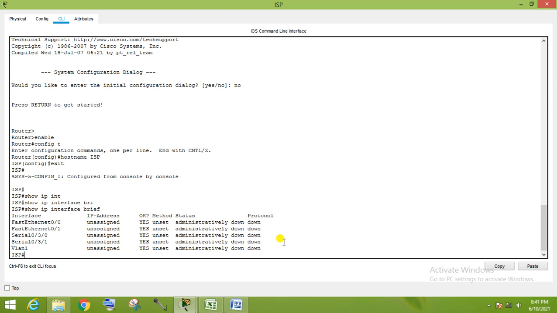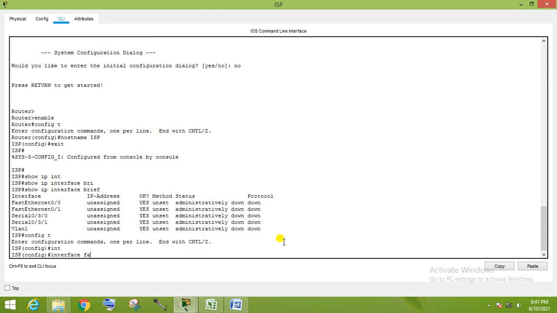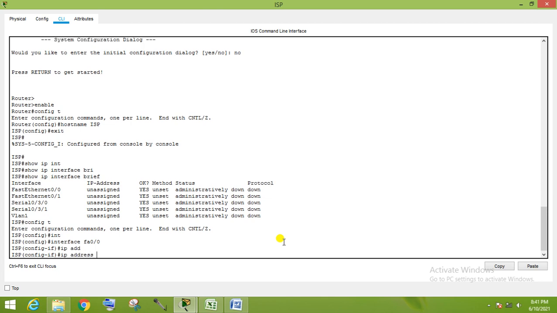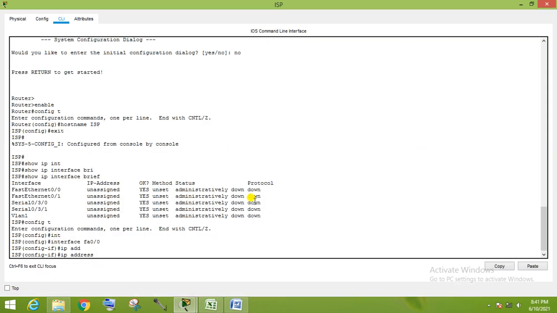Same thing, go to the LAN interface. So what is the LAN interface here? It is 50.0 network.